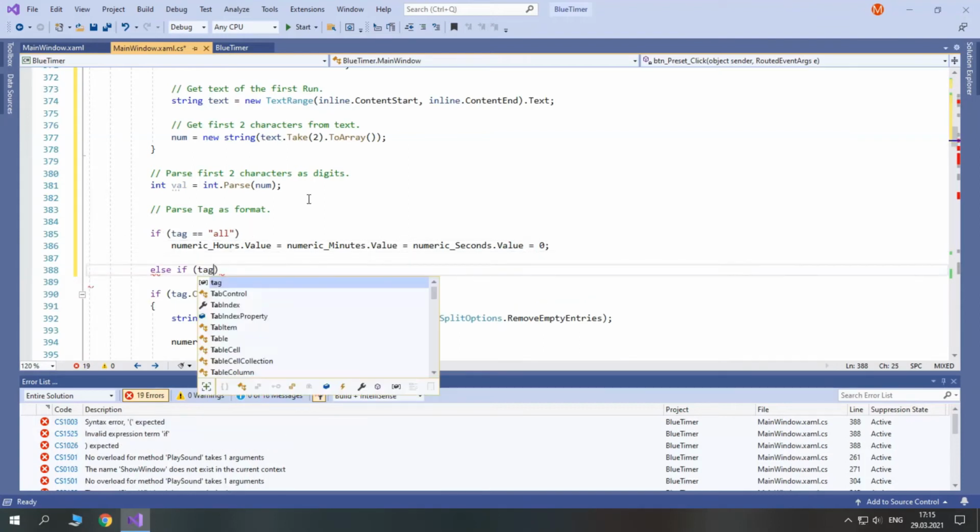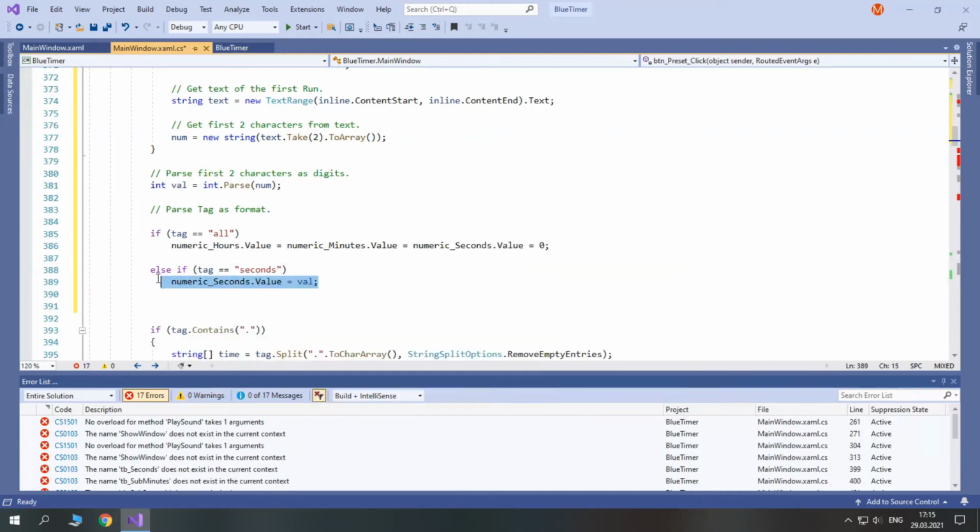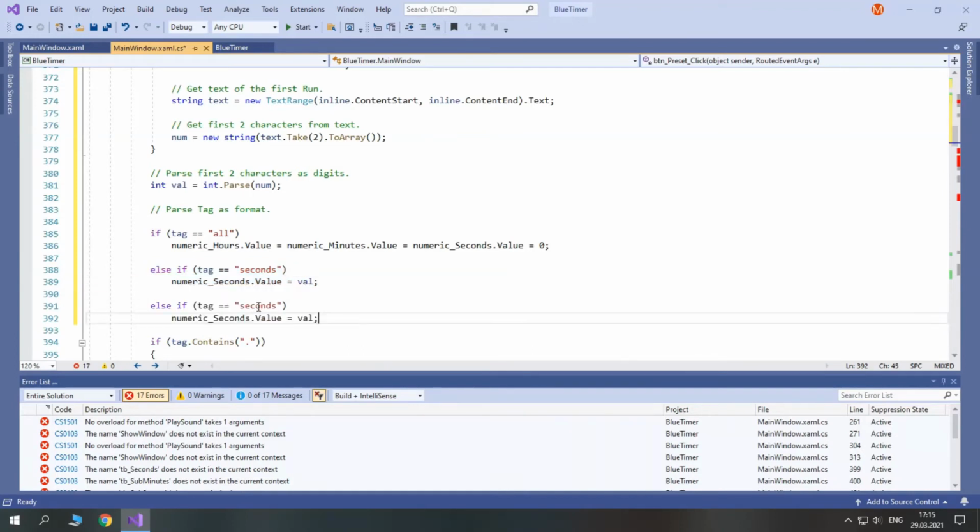Else, if tag equals seconds, we set numeric seconds value to val. Else, if tag equals minutes, we set numeric minutes value to val. And finally, else if tag equals hours, we set numeric hours value to val.